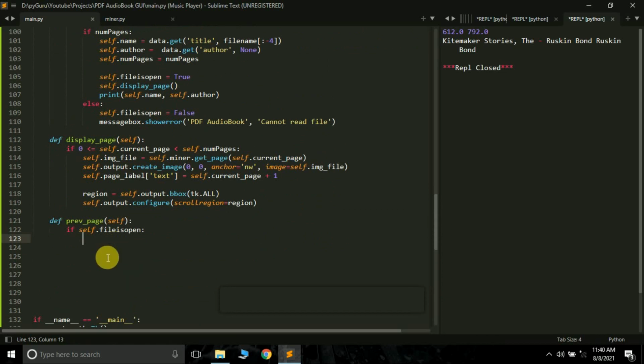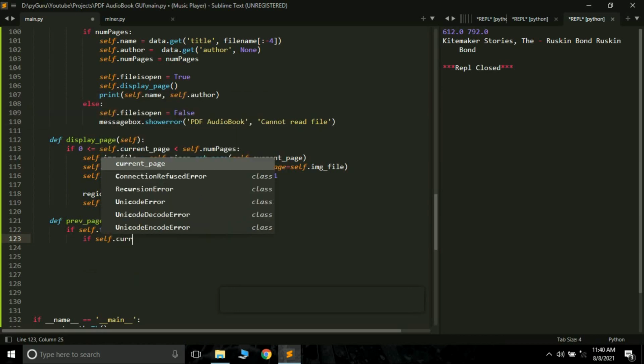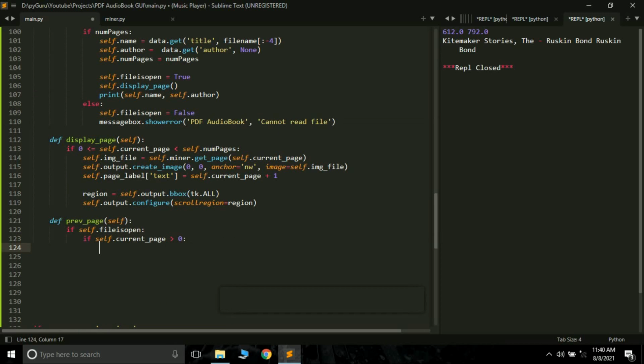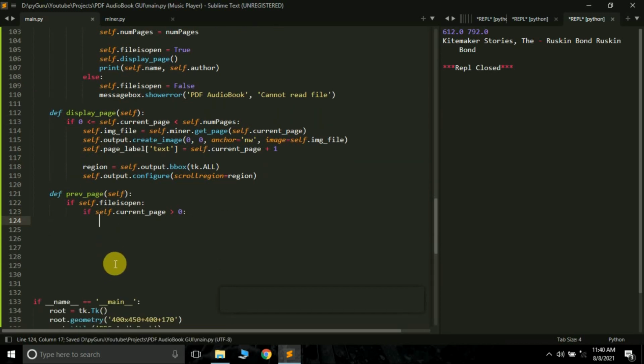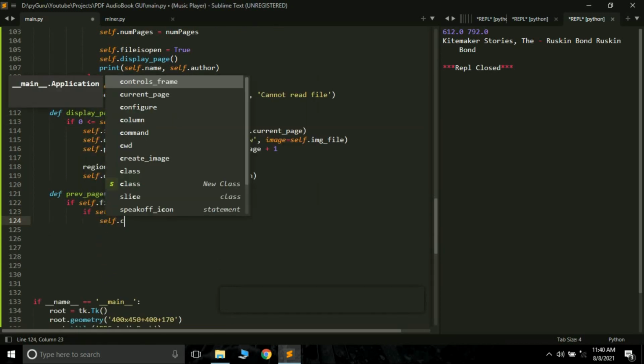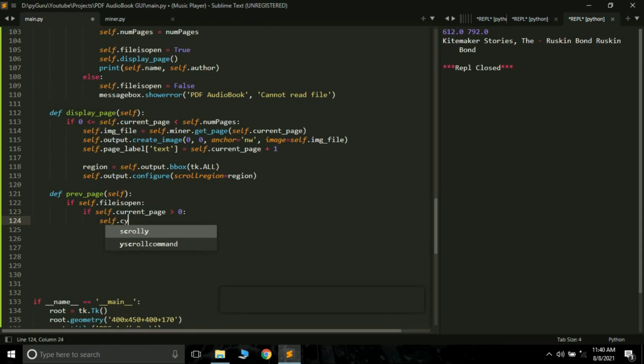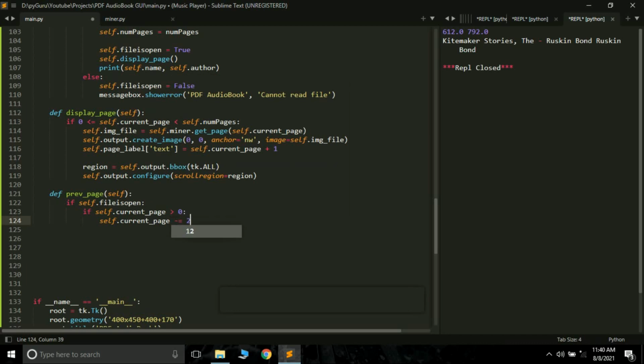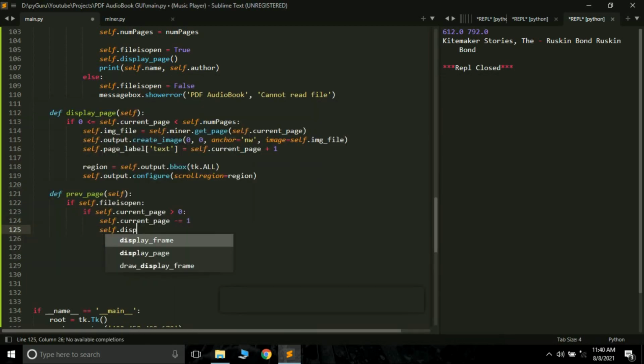So if self.file_is_open, what we can do is if self.current_page greater than 0, we should be able to subtract the current page by 1, and then again call the self.display_page.